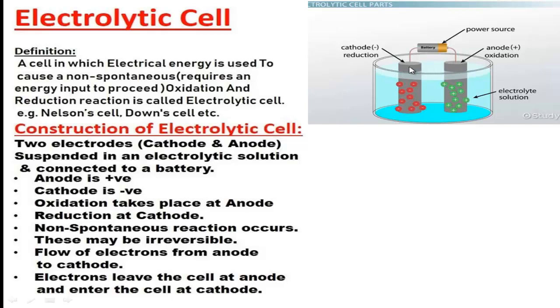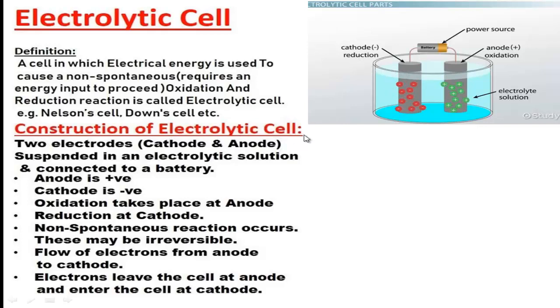Actually why is one electrode positive and the other negative? The electrode which is connected with the positive end of the battery is the positive electrode, called anode, and the electrode which is connected with the negative end of the battery is called cathode, or negative electrode. Generally in anode oxidation reaction takes place, and in cathode reduction reaction takes place. Oxidation means releasement of electron and reduction means acceptance of electron.